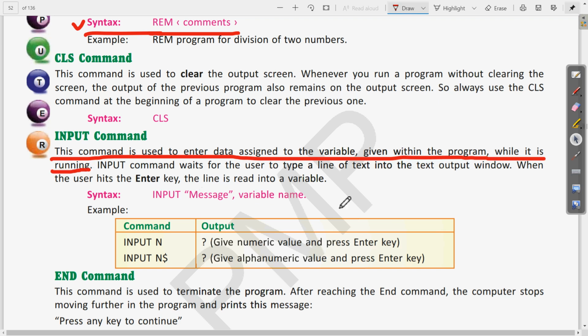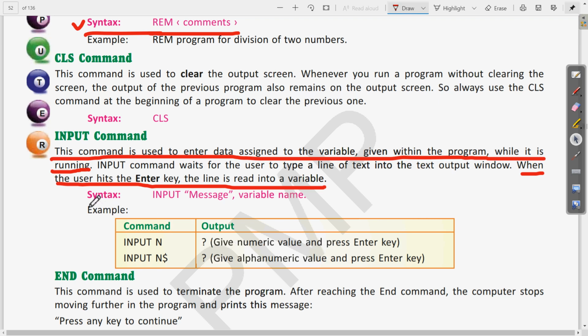Then we can write the last sentence also: when the user hits the enter key, the line is read into a variable. So we know that while running the program, when we use the INPUT command, on the output screen we get the question mark, and whatever value we want to give to that variable, we can write the value and press the enter key.